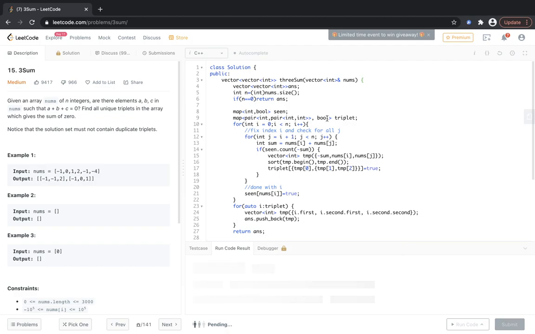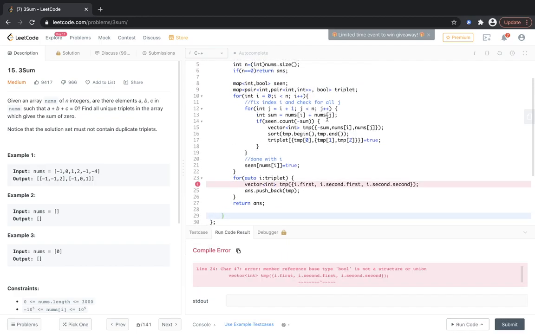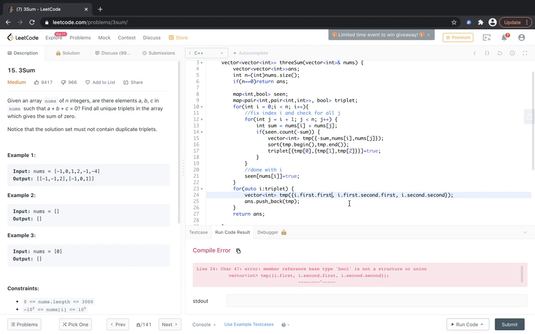So there must be some kind of silly mistake here, because there always is. I dot first, because this i is actually a key value pair.